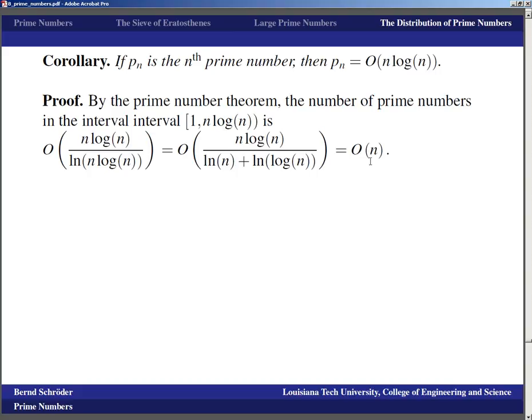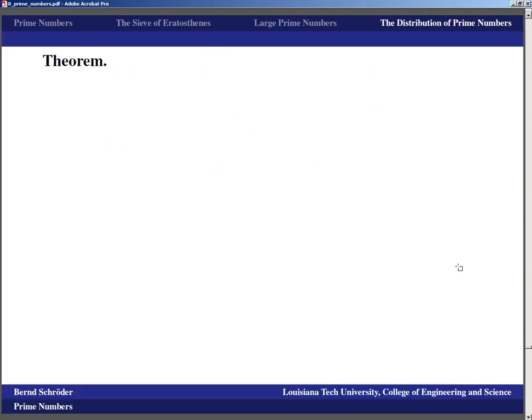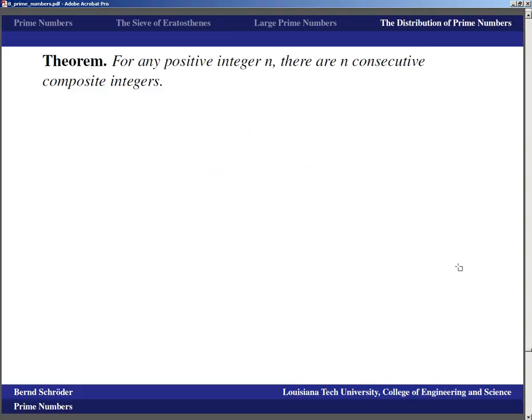So that means there are on the order of n prime numbers in this interval, and that means the nth prime number ought to be in a multiple of this interval. And so that means the nth prime number is on the order of n log n. And again, that is nice. That sort of tells us how fast the nth prime number function grows, but it doesn't tell us what the nth prime number is, right? And well, then